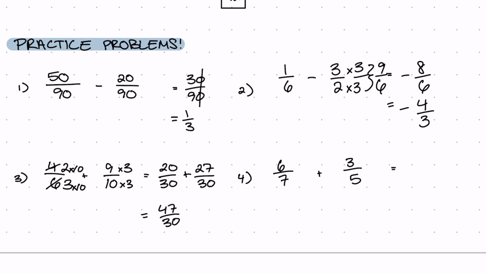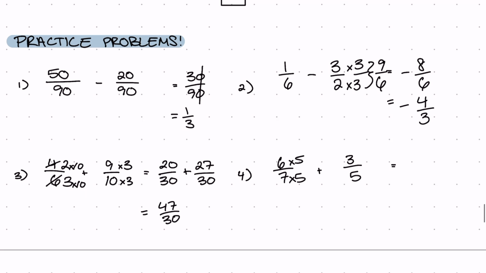And for the final question, we have 6 over 7 plus 3 over 5. So a quick way to just get a common denominator without checking if it's the lowest is just multiplying by the opposing denominator. So we're multiplying by 5 over 5, and on the other one we're multiplying by 7 over 7. And that just makes things easier. But you might have to do some reduction later if you didn't get the lowest common denominator the first time,